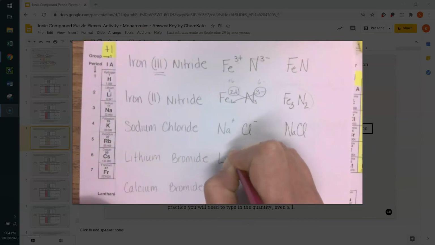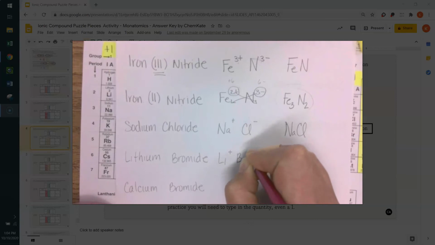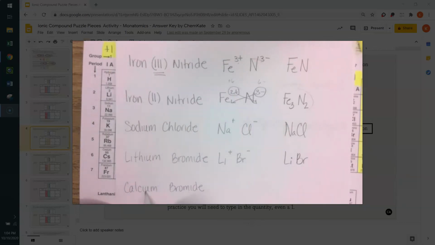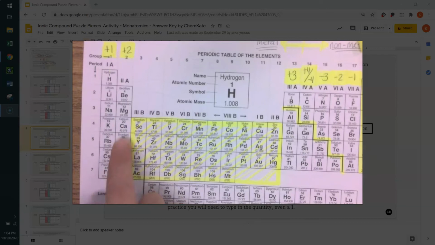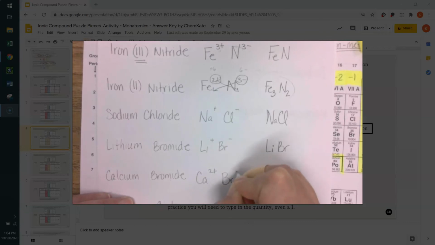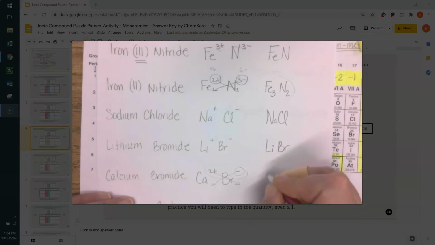So Li plus compared to Br minus becomes LiBr. Lithium bromide. Now, calcium bromide. Calcium is in our second column. Therefore, calcium holds a 2 plus, and bromine only holds a 1 minus. So again, these are not electrically neutral, which means I drop that 2 outside of bromine, and I drop that next to calcium, and I get